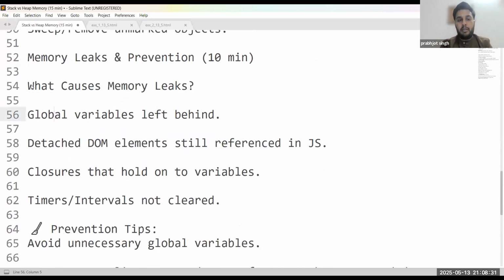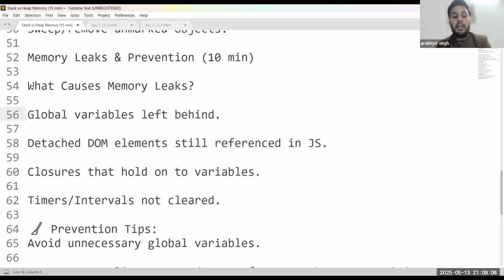And how can we prevent that? Simply, we can only do the prevention once we know that this is the problem, right? Like for example, if there is one resource that is being shared by multiple objects, we know that deadlock can happen. Now, in order to understand how we can prevent that, we need to know the conditions responsible for the deadlock to happen, right? Just giving you an example, not in reference to this. Here, we are talking about memory leaks. We know that memory leaks can happen, but for that, we need to understand the reasons that are responsible